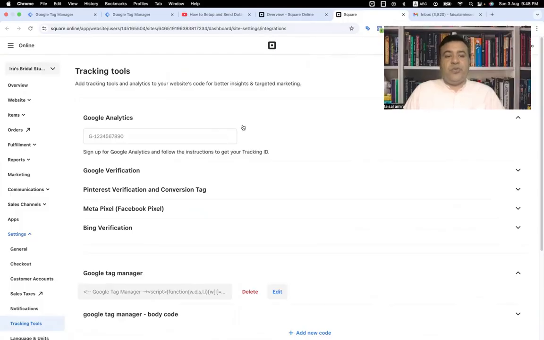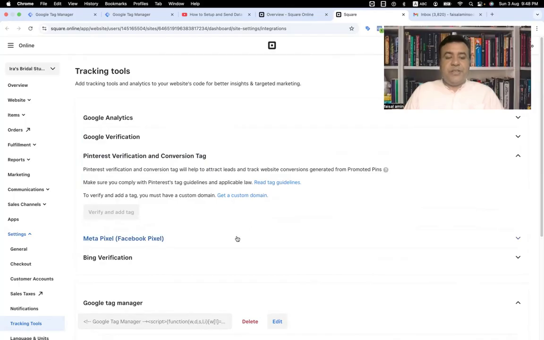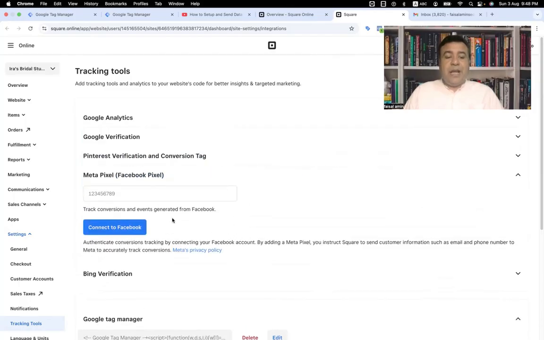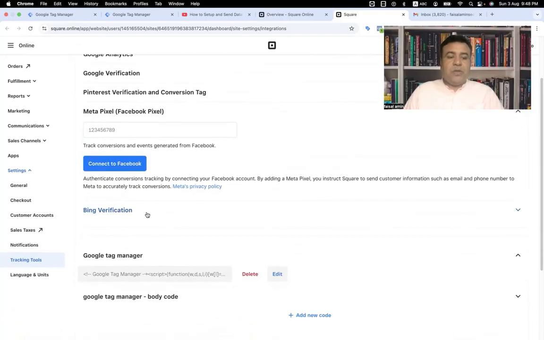In the tracking tools, you have to use the Google Analytics measurement ID, and the Google verification code to connect your website. Because we have to create the search console, that is the SEO part, we do not discuss it more. And also the Pinterest verification, conversion track and pixel ID. You have to connect your pixel ID on the Square app platform, and also the Bing verifications. But our today target is